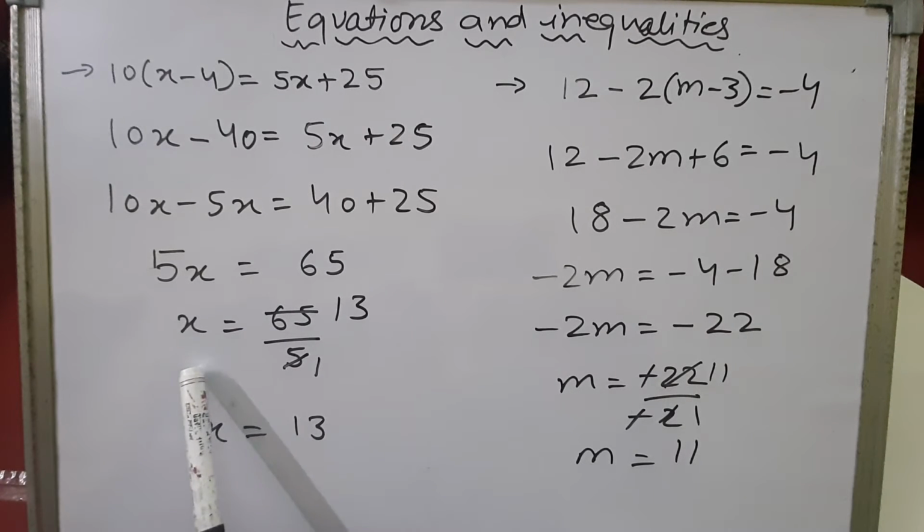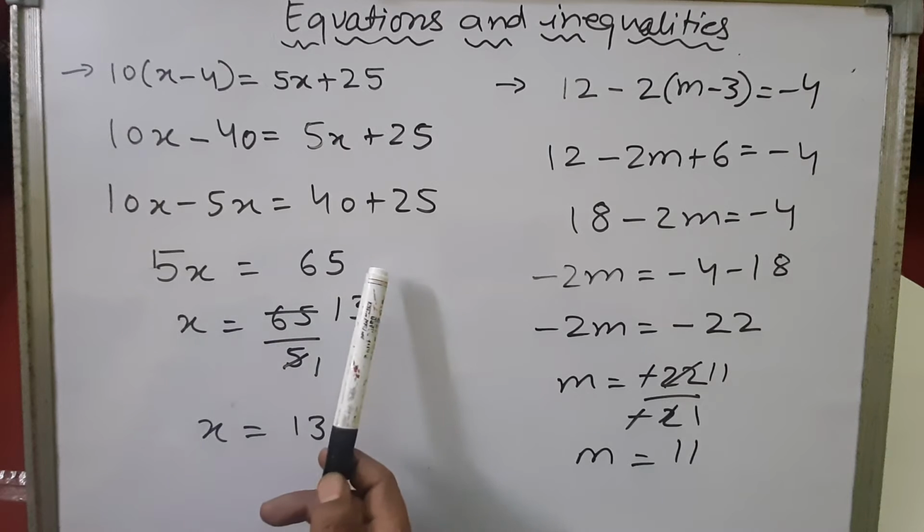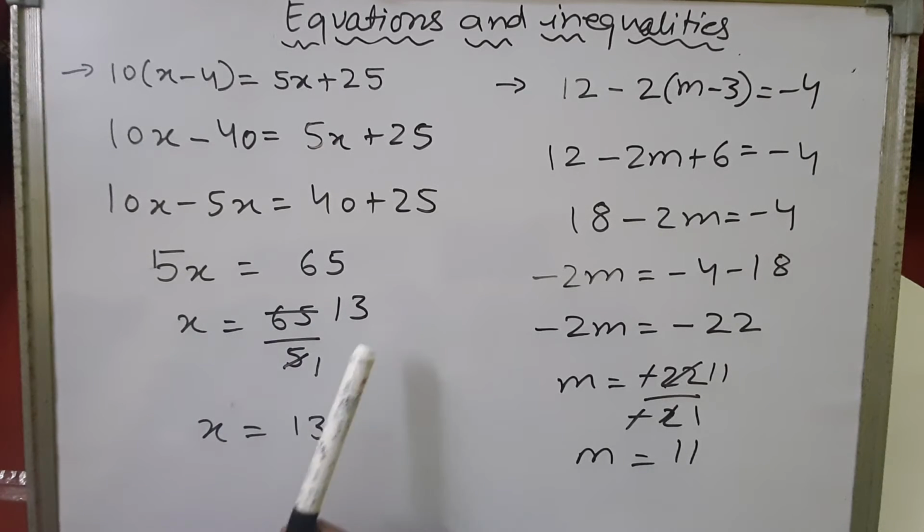Alright, so 5x equals 65. So the value of x will be 65 upon 5, which is 5 13s are 65. So the value of x will be 13. Alright,